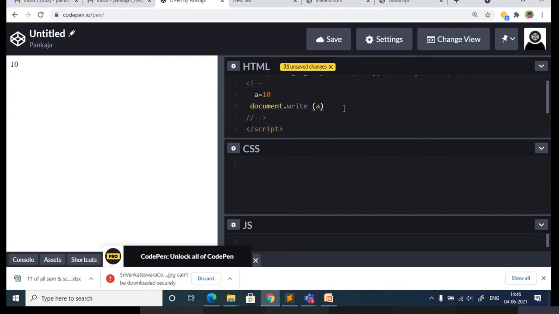Document.write is the function used for writing content into the web page.